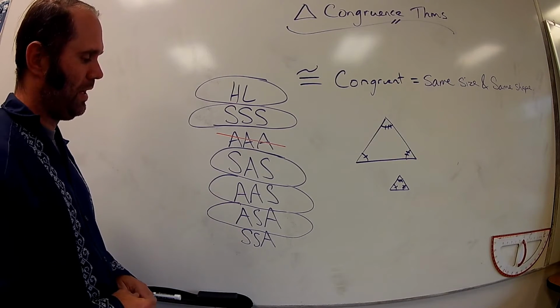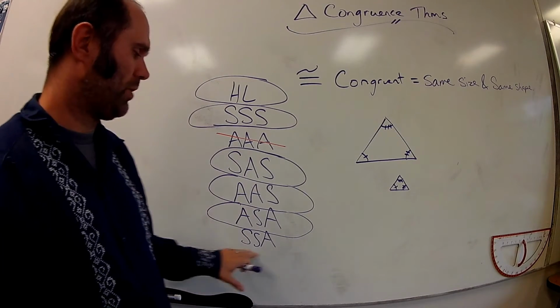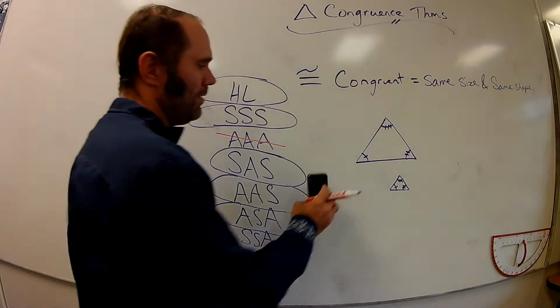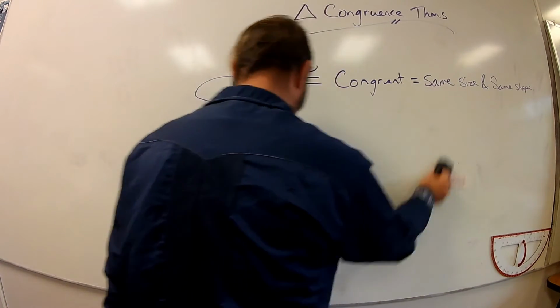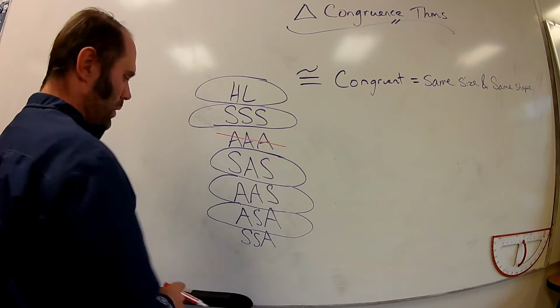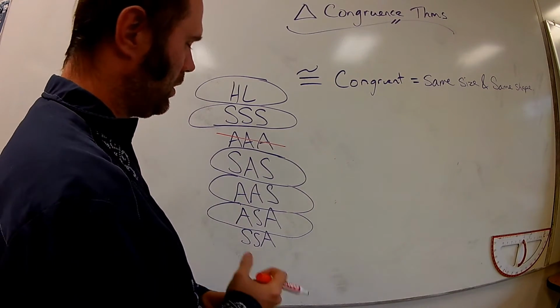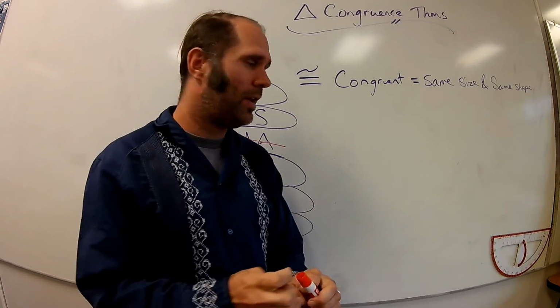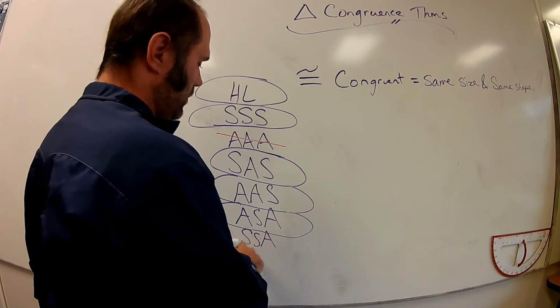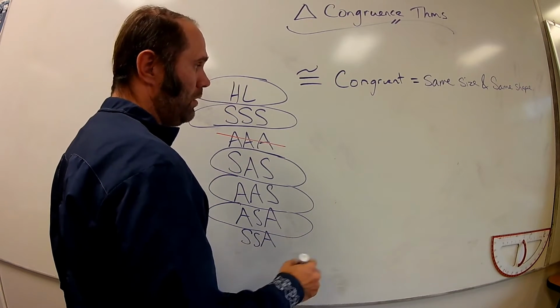The next one is angle, side, side. I wrote it side, side, angle, but angle, side, side is not going to work. So let's go ahead and look at why angle, side, side does not work. Again, I can prove this, I think, pretty clearly to you. If we knew two sides and an angle,